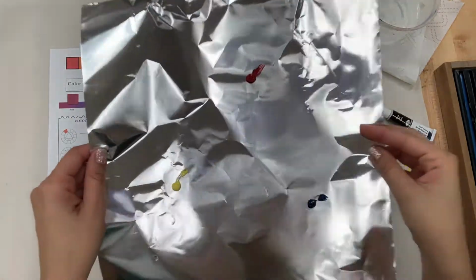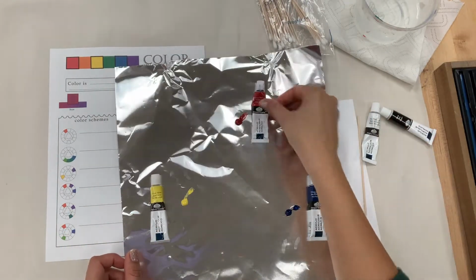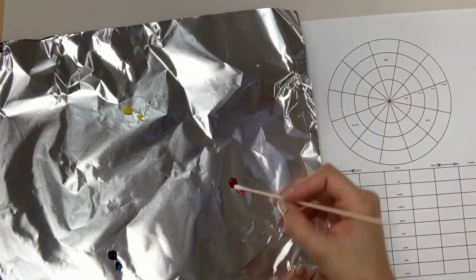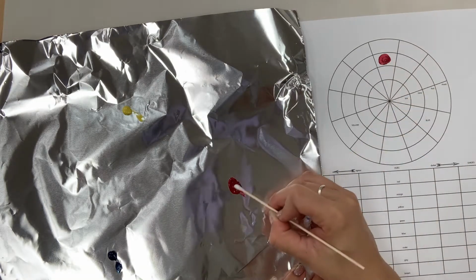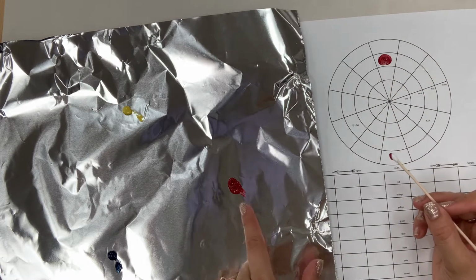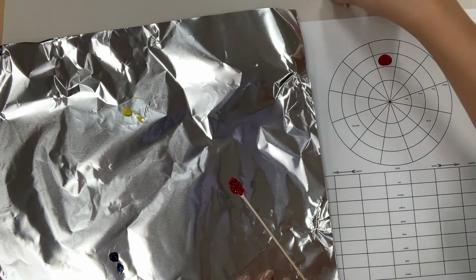The first thing you're going to do is add a little bit of paint on your aluminum foil. You're going to start out with the primary colors and you're going to place them like I did in a triangle. Go ahead and pick up your Q-tip and color in your primary colors. So where it says red, go ahead and fill in a little circle in red. We're only going to be doing little samples. That's why we're adding a little bit of paint at a time, because today we're going to learn how to